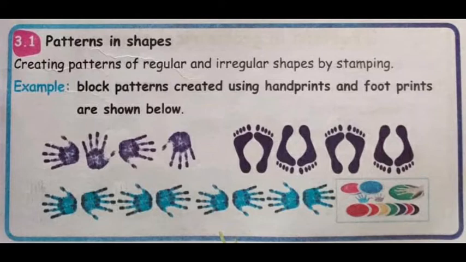Look at this pattern. In the first line, handprint, follow the direction left, upside, right and then downside, that is downwards, isn't it? And for the footprint it is up and down direction, that's all. In the second line, both the hands side by side. Now children, you can observe this block pattern and you can do the upcoming next pattern by yourself, isn't it?